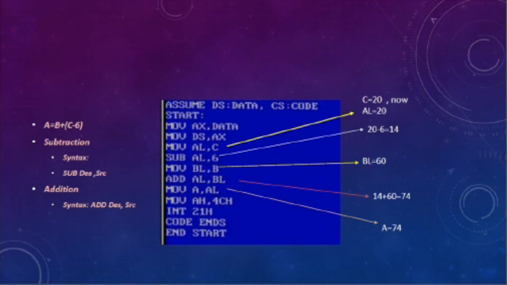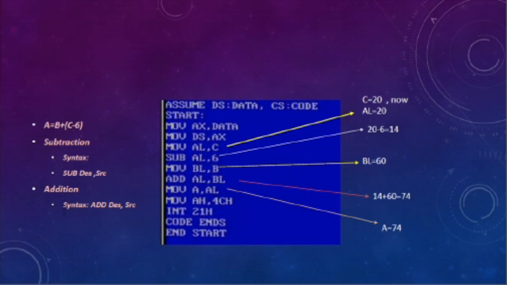In the next line, MOV BL comma B. BL is the register. The value of B was already given as 60, which is copied to the BL register. So now the value of BL becomes 60. In the next step, we are adding registers, ADD AL comma BL. Here we have B plus C minus 6, so the addition operation is used.